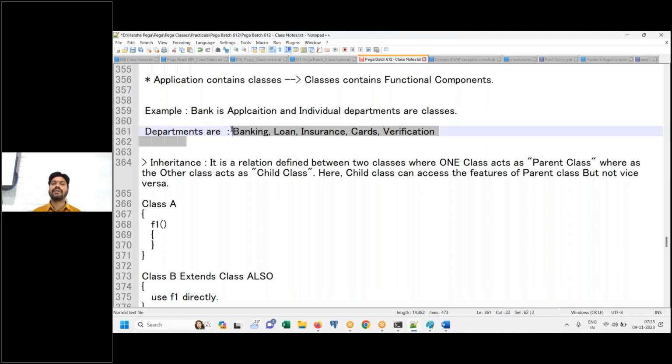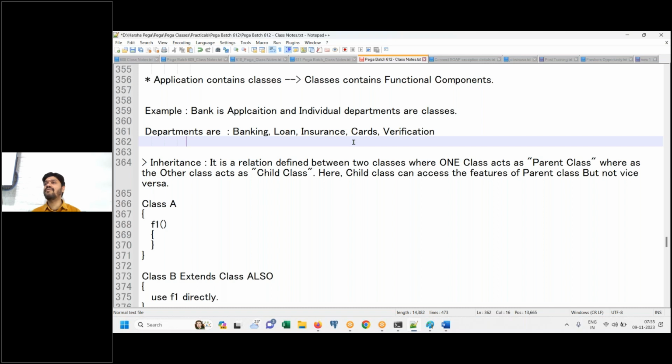You look at the real world. When you look at the real world, there is a need of accessing the functional features of one department by another department. Your technology should support the real world, you know. To achieve it, the inheritance concept has been introduced. Otherwise, inheritance is not required. Okay, does everyone understand?